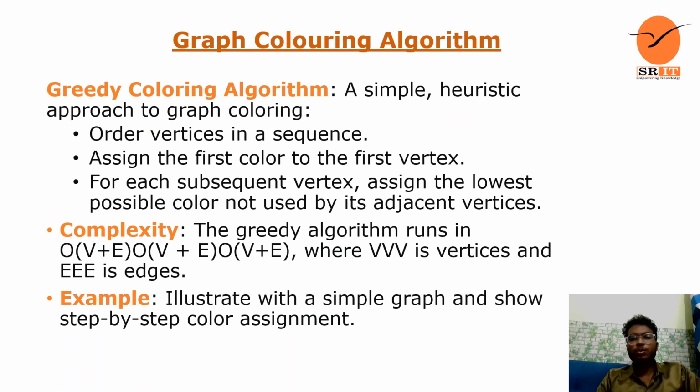And we look into the algorithm of graph coloring. It basically follows the greedy coloring algorithm, a simple heuristic approach to graph coloring. Order the vertices in a sequence and assign the first color to the first vertex. For each subsequent vertex, assign the lowest possible color not used by its adjacent vertices. The same thing is mentioned here that we have done while solving the example. When we look into the complexity of the algorithm, it runs in big O of V plus E, where V is vertices and E is edges. The examples illustrate a simple graph and show the step-by-step color assignment that we have done just now. And moving on to the next slide,